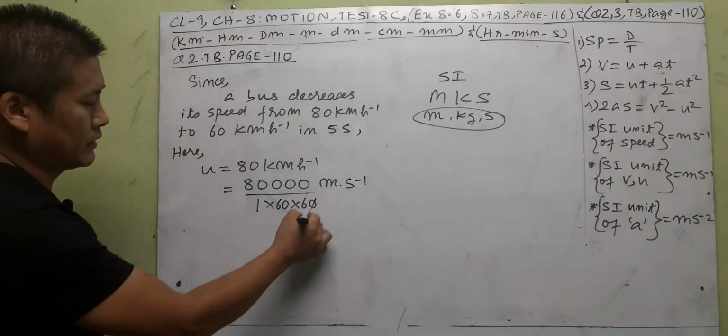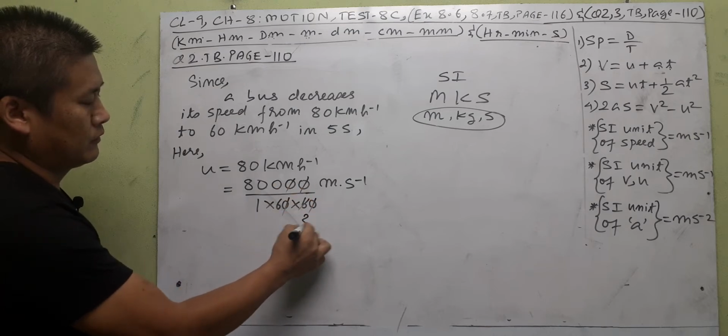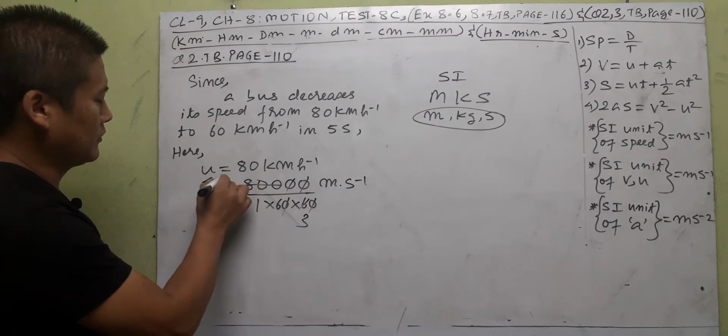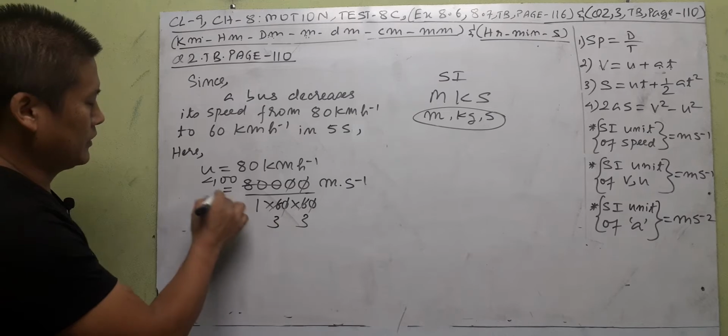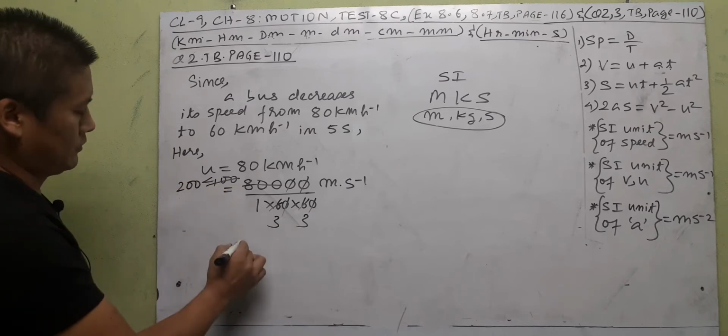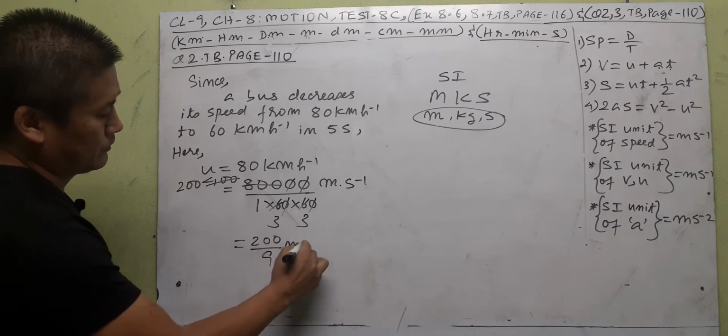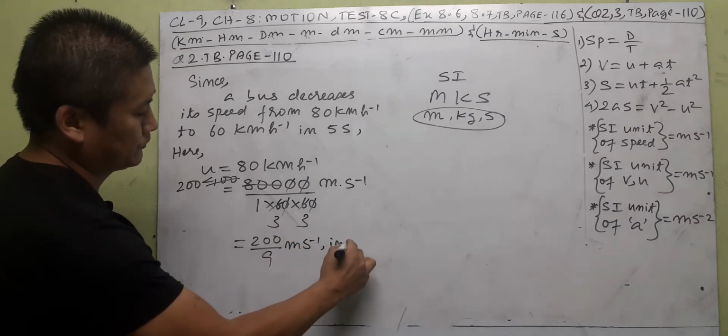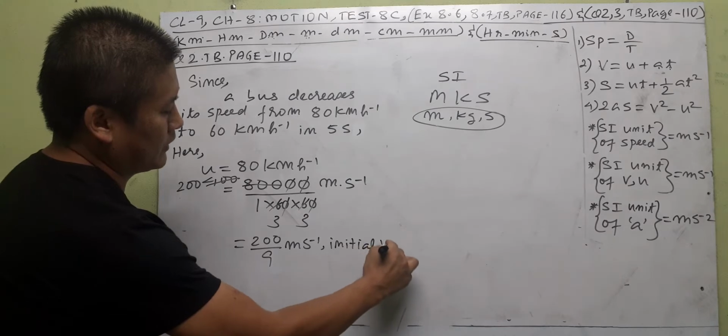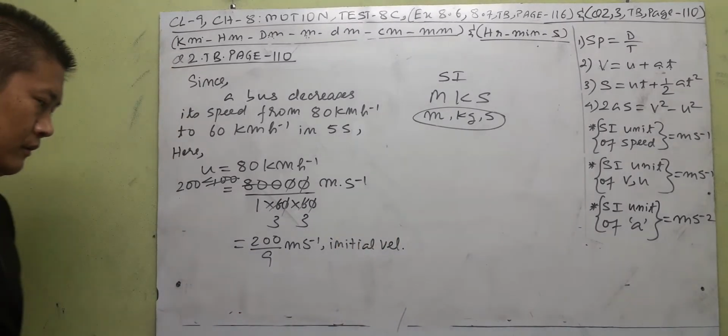Right? So these two cancel here. 1, 2 zeros. 2 3s are 6. 2 4s are 8. 0, 0. 2 3s are 6. Here 2 2s are 4. 0, 0. 200 by 9, 3 3s are 9. Meter per second is the initial velocity of this bus. Right? So similarly,